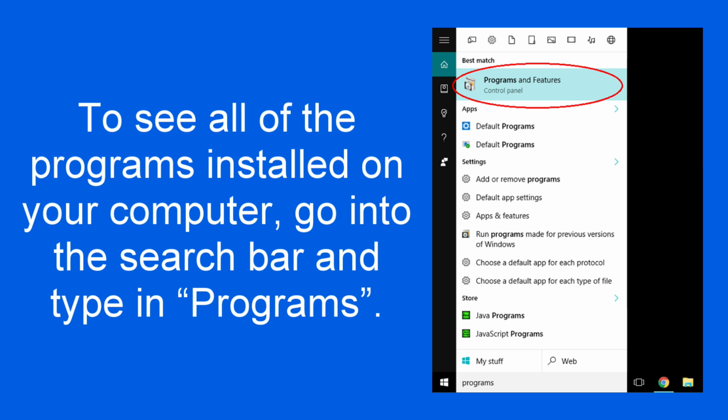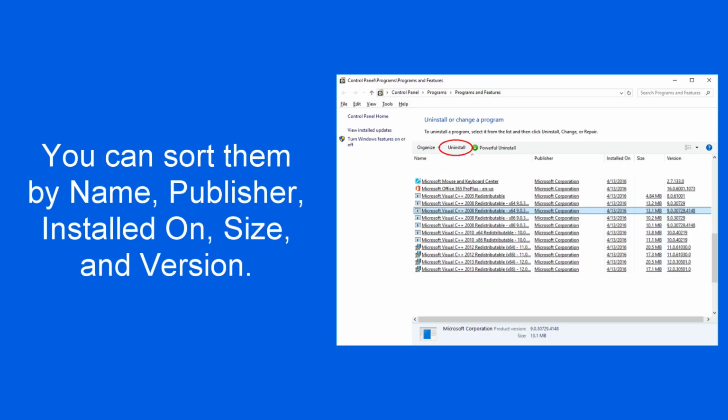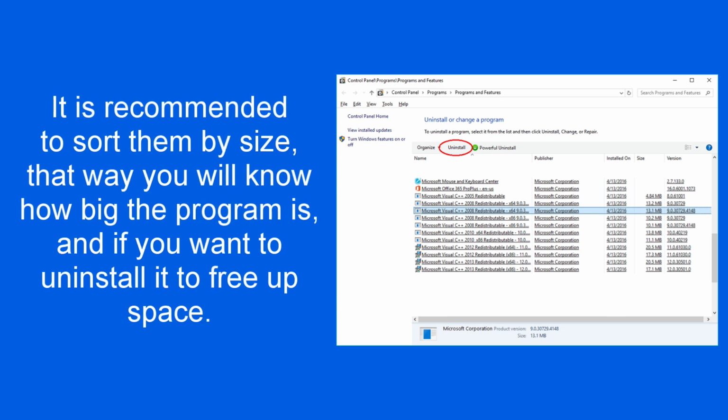To see all the programs installed on your computer, go into the search bar and type in Programs. You will see Programs and Features pop up. Click on it. A window will pop up listing all of your programs installed on your computer. You can sort them by name, publisher, installed on, size, and version. It is recommended to sort them by size. That way you will know how big the program is and if you want to uninstall it to free up